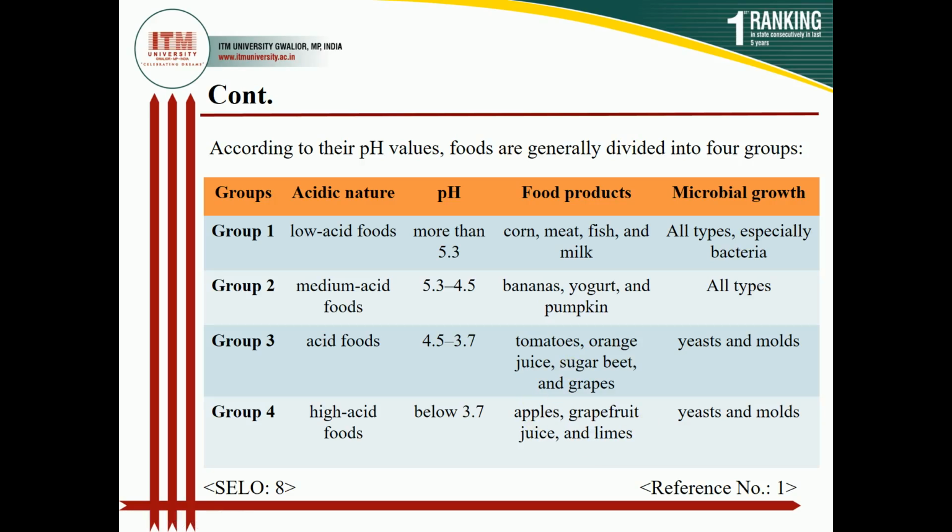In the same way, Pseudomonas can affect the meat, and the reason is that Pseudomonas consumes all the proteins present in the meat and produces ammonia, so the pH of the meat will increase. Apart from all of these, there are some weak organic acids such as benzoic acid, sorbic acid and propionic acid that are added to preserve the food.